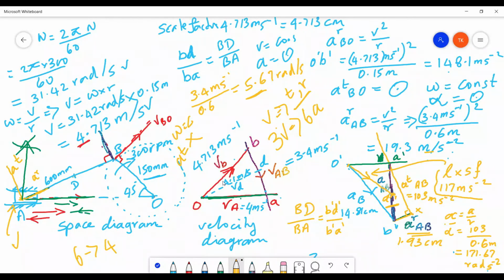So the velocity diagram, you will have 1, 2, 3 lines. Acceleration diagram, you see 1, 2, 3, 4 lines. So these two will make a resultant acceleration. So again, this will be reduced to 1, 2, 3 lines. So this is not that difficult. If you understand the concept, that's easy.